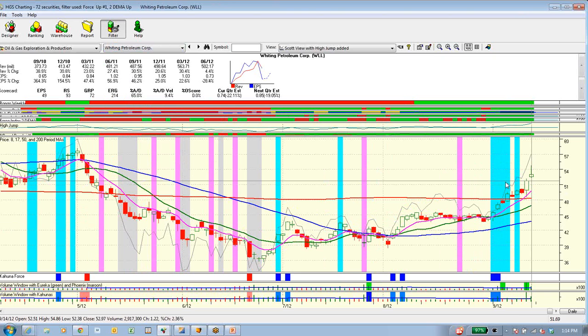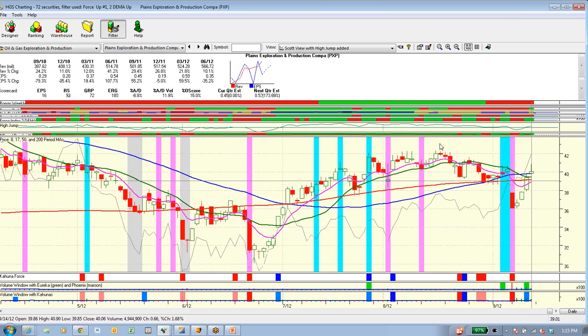This is Whiting Petroleum, and there was a lot of talk about it being acquired last week. You can see it had a shooting star on Friday, so if the market is turning, this is one of the stocks that I'm either going to protect myself with some puts or get out of. I've got a lot of profits in it right now. But again, like most of the stocks that are going to be up here, you're going to see a lot of strength.